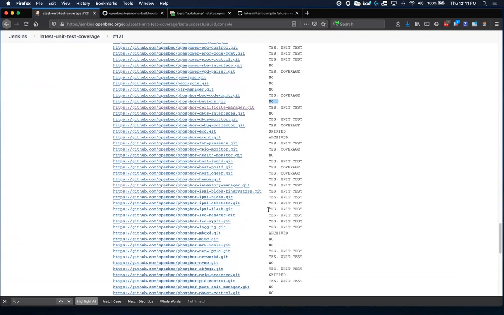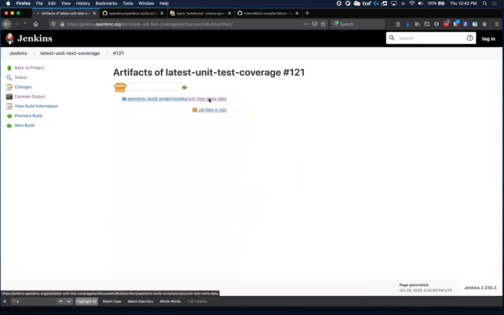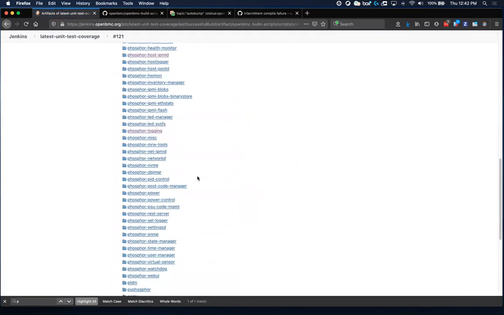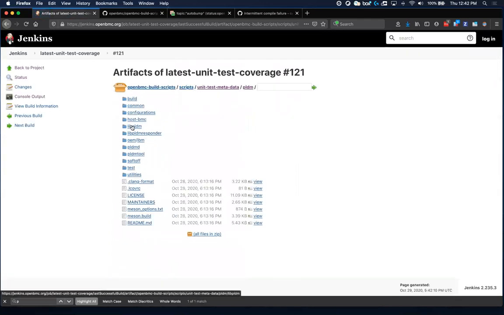And I know that within IBM we've been reviewing this in our downstream discussions, saying what repositories are really important to us and where do we need to focus on getting better unit test coverage. So if you go out to the build artifacts here, you can look at all the different repos and you can go out and, for example, you can go into